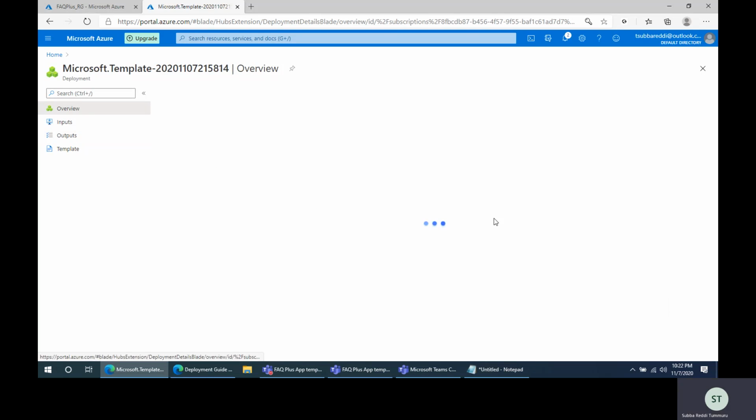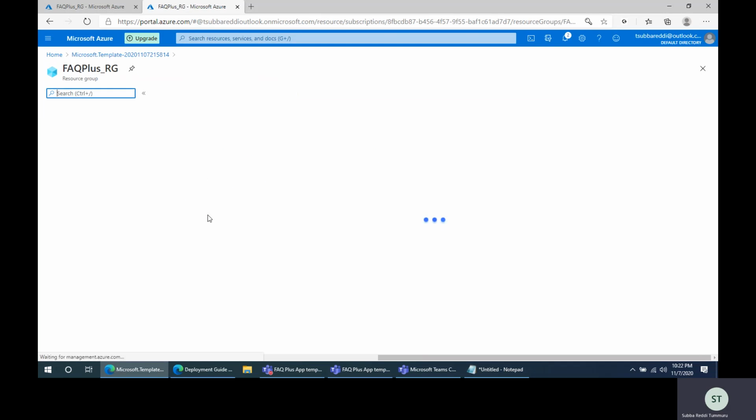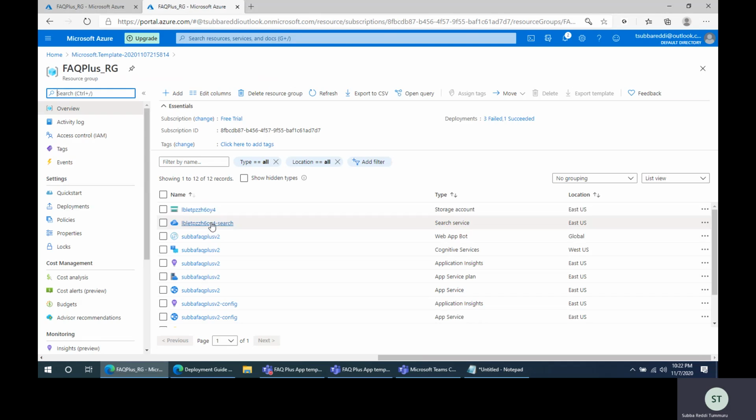And if you can go to overview and then click on go to resource group. If you click on it, we see all the resources which are created for this FAQ plus app template. So this is the storage account where all the tickets information requests will be saved into table, and search service, web app bot,